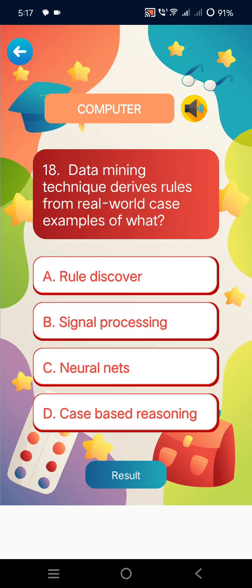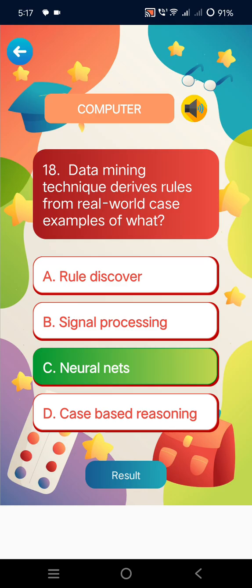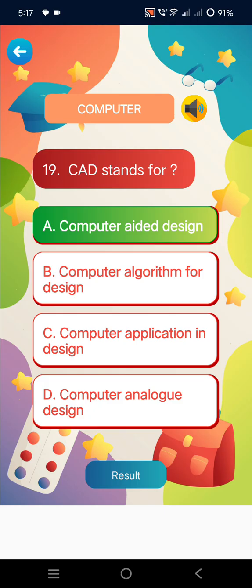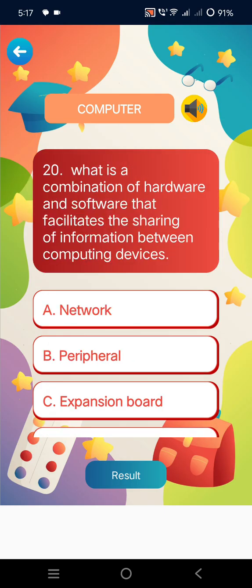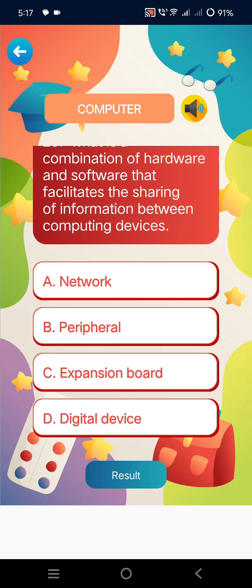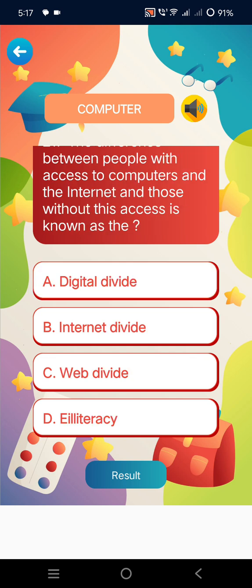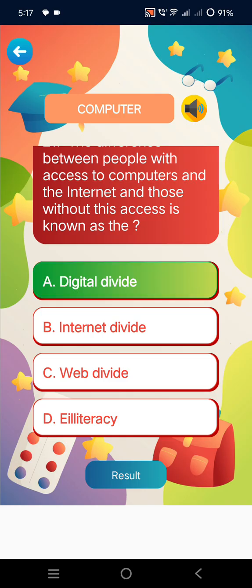Data mining technique derives rules from real-world case examples of what? A. Rule. CAD stands for A. Computer-aided design. B. What is a combination of hardware and software that facilitates the sharing of information between computing devices? A. Network. B. Peripheral. C. Expansion board. D. The difference between people with access to computers and the internet and those without this access is